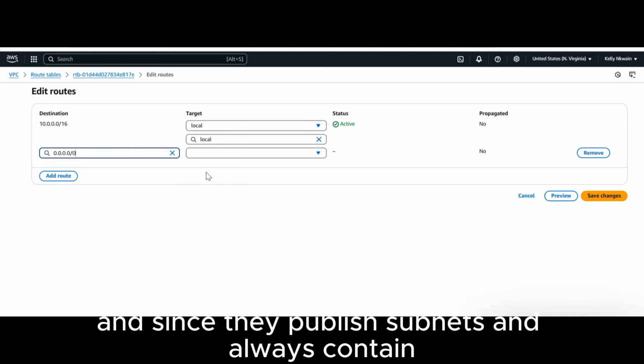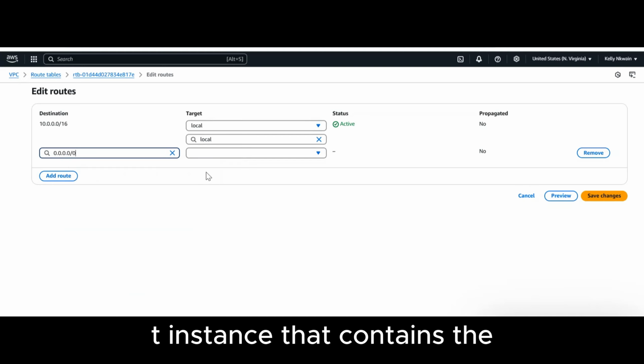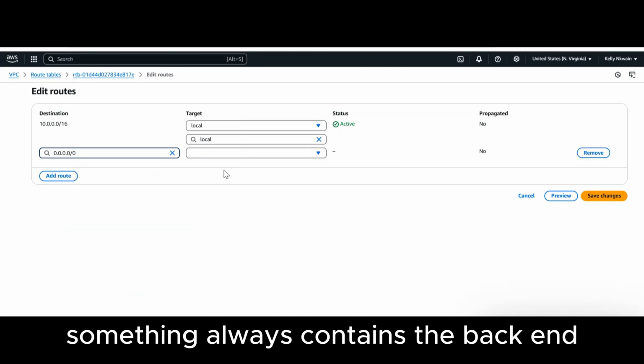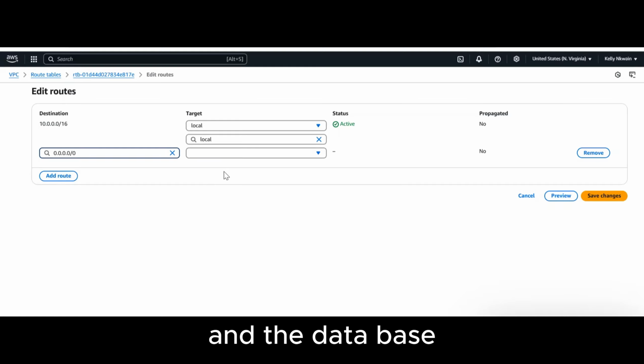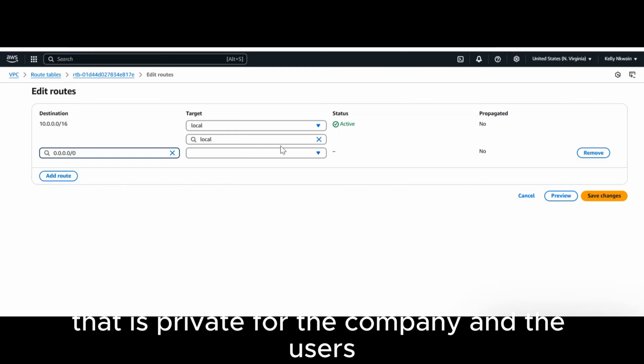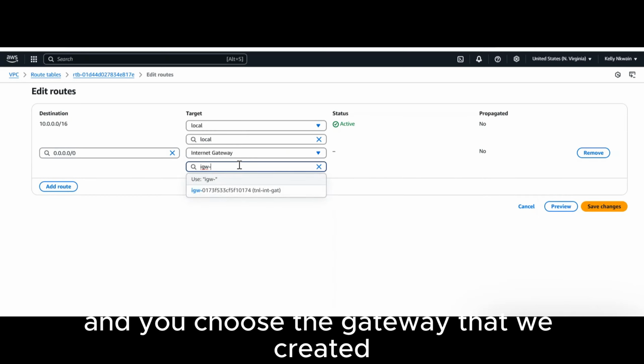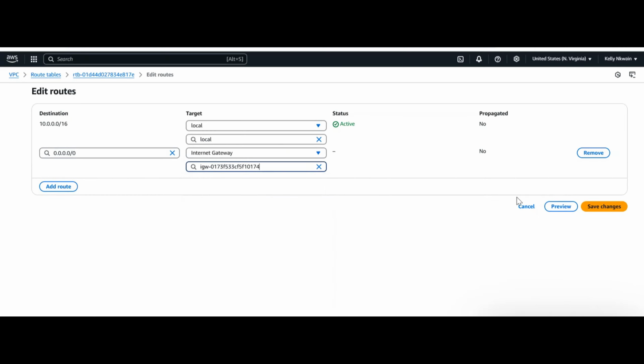And since the public subnet always contains the EC2 instance that contains our front end, that's what we want the users to see. The private subnet always contains the back end and the databases that are private for the company. So you select internet gateway and you choose the gateway that we created and you click